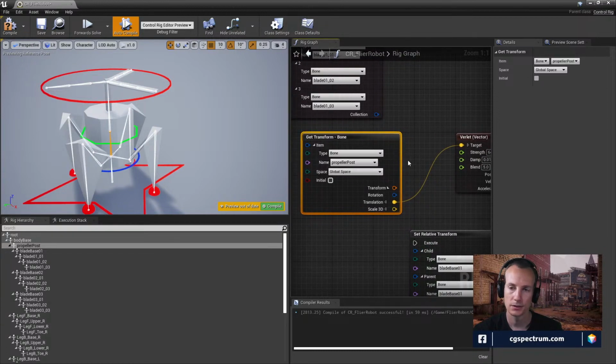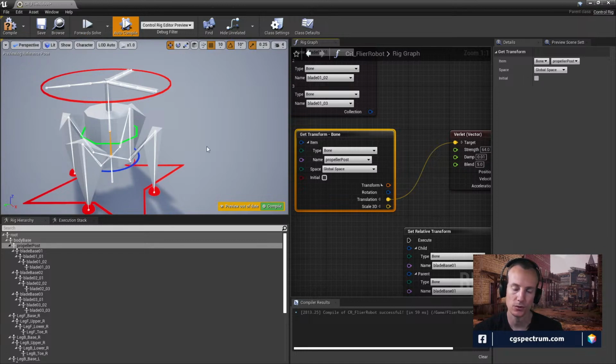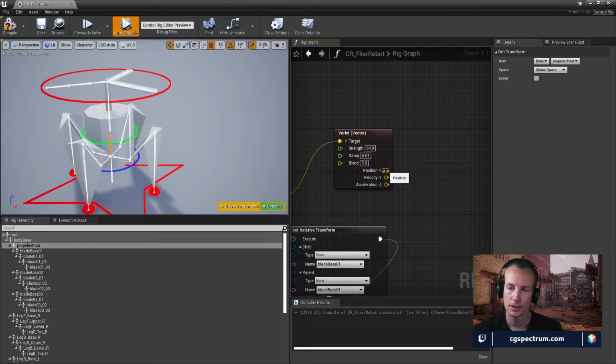Because it's using global space, that means it would be relevant whether the full character is moving around in the world, as opposed to local space where it would only be relevant if this object was actually changing position, but I'd prefer it if it was like the whole object. And that's going to give us a slightly offset position of what this position is based on the values that we've got here for strength and stuff. Now somehow I have to translate the position offset into either a rotation offset or we do an IK,